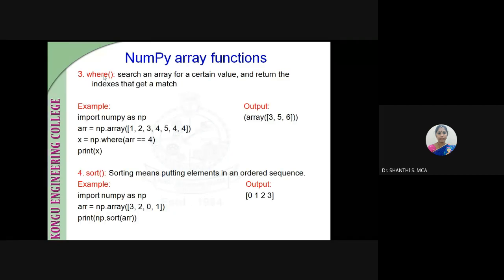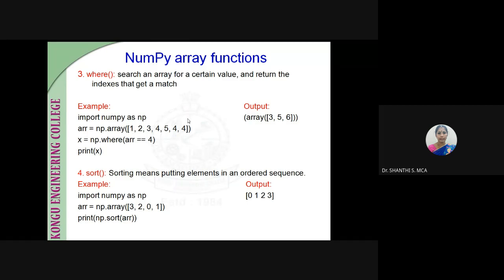Another one is the where function. Suppose we want to search whether a particular element exists in the array. We can make use of np.where. This is the array name. We want to check whether the element 4 exists in the array or not. So np.where is a function, and then the first argument is a relational expression, array equal to 4.